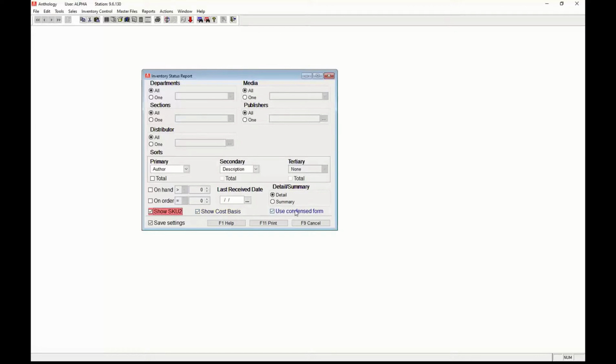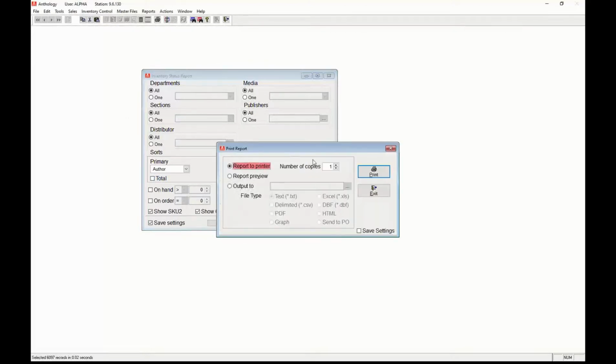In probably 90% of the cases, I want to use the condensed form. That's really just shorthand for it's going to look easier to read on the screen and if you did print it out. And then I want it set to detail on this detail summary area. And I tend to leave save settings turned on just so I have that memorized where I want it. So if I do this pass, when I do F11 print,